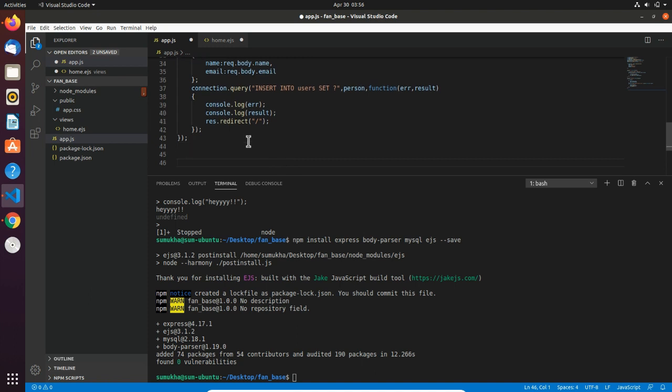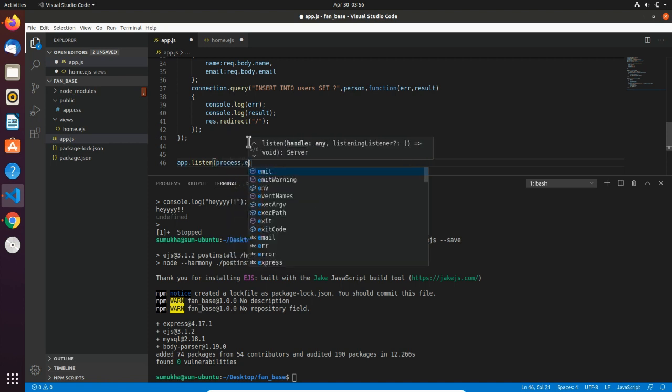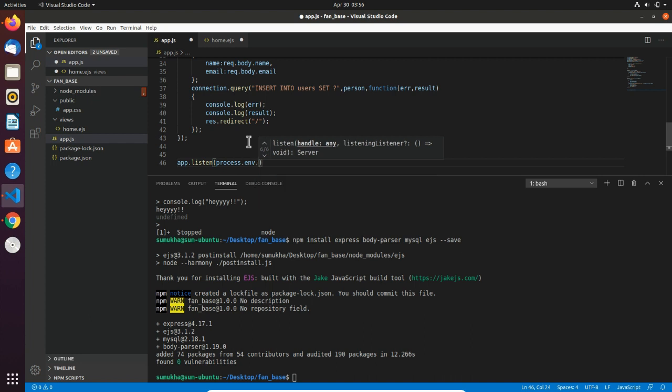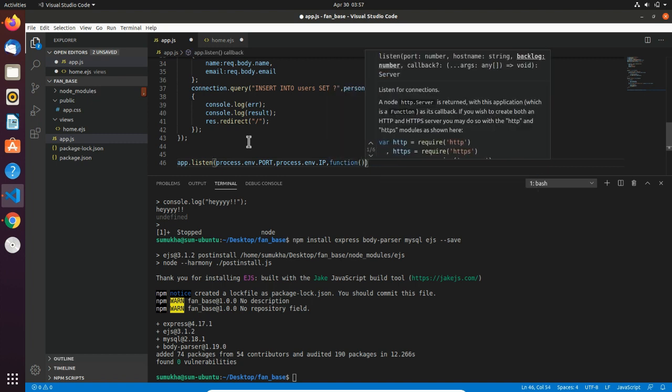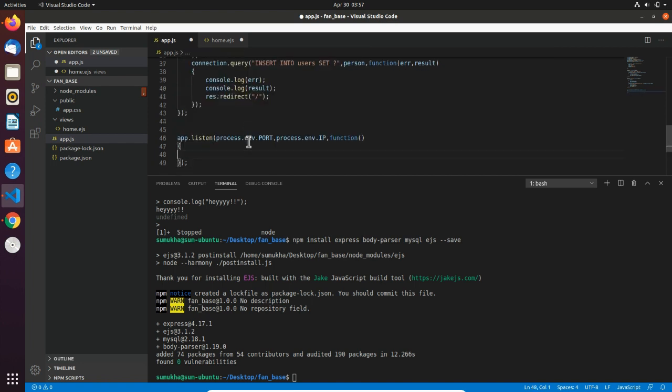So finally we have to specify the listen method. app.listen, which will help the port to listen. process.env.port, process.env.ip. This comes handy when we are starting the server, right?